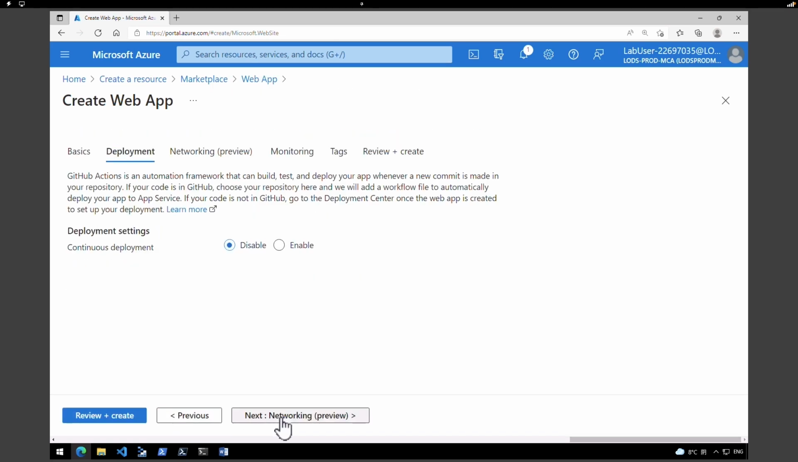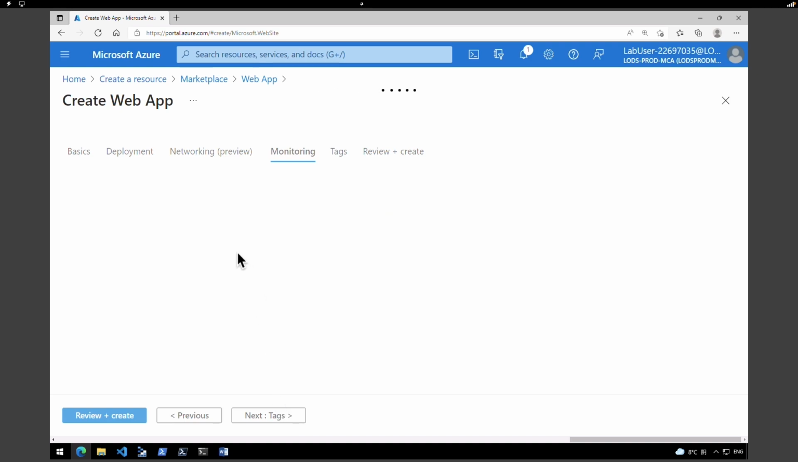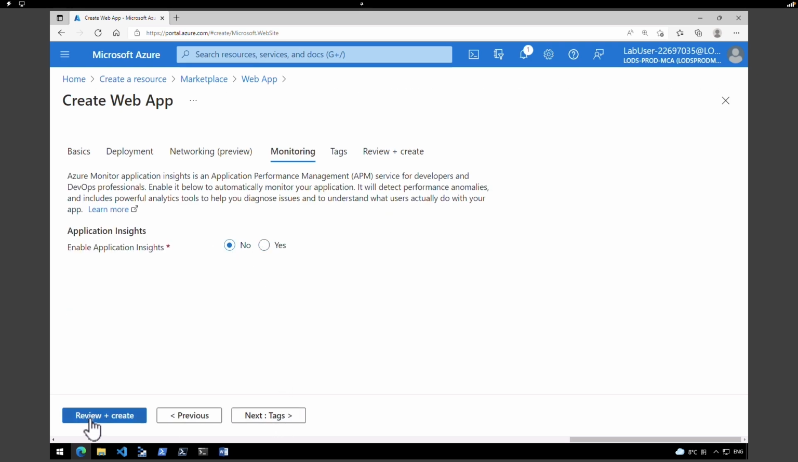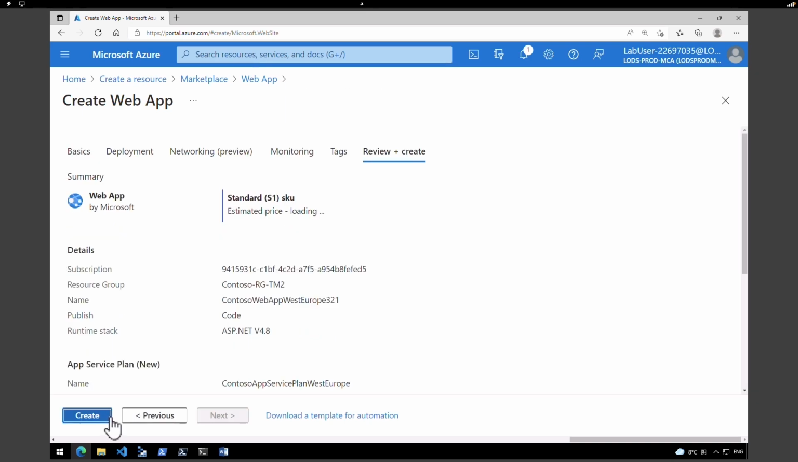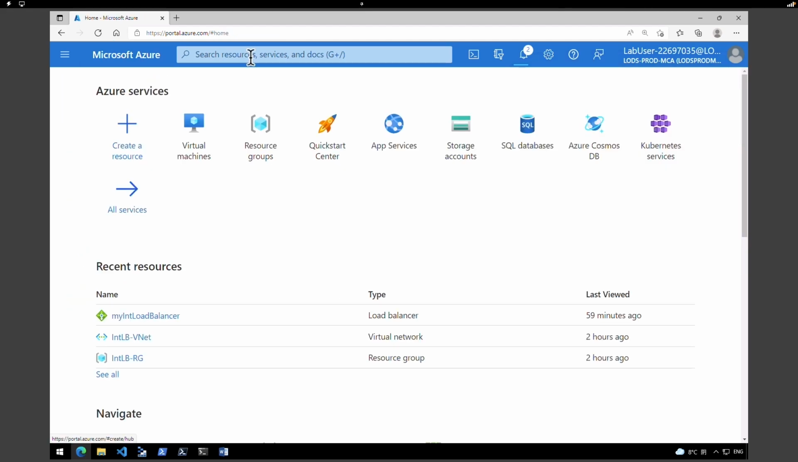Next, deployment, we are not making any changes. Networking, we are not making any changes. Under monitoring, I'm going to turn off the application insights monitoring and click on review and create and click on create. All right, so now while the deployment is happening, let's go back to the home page, and on the